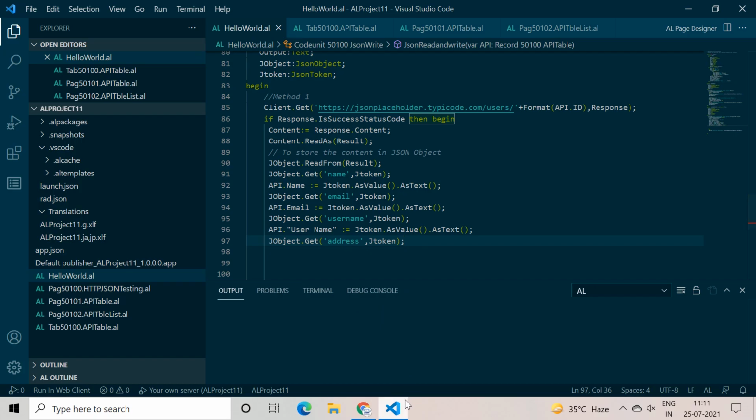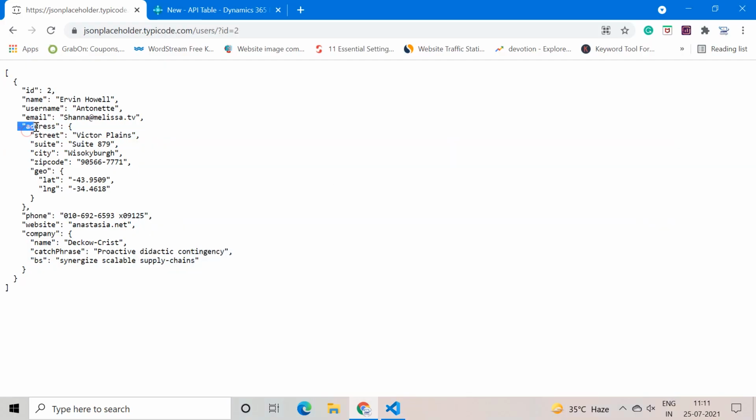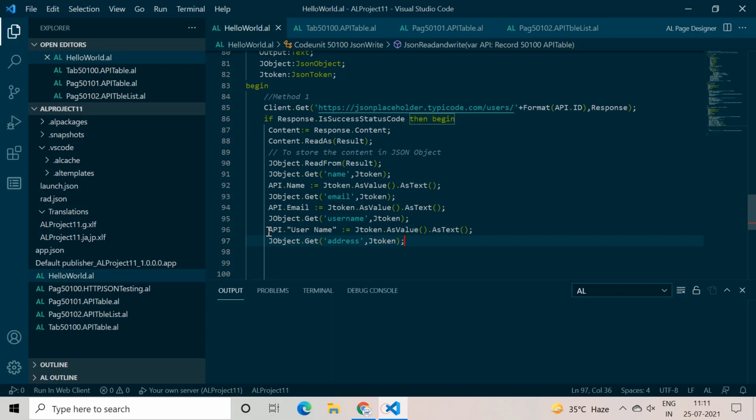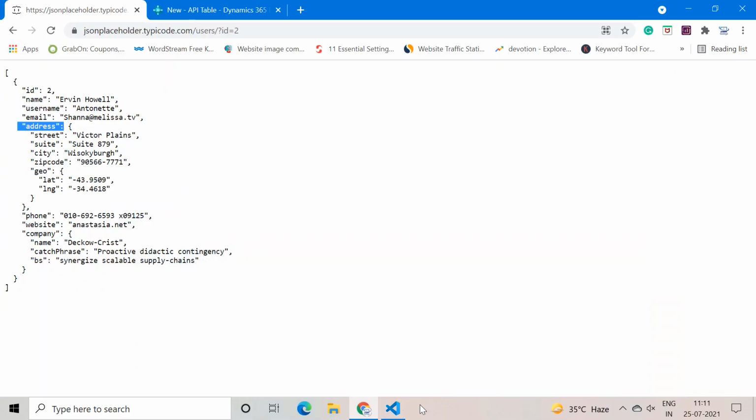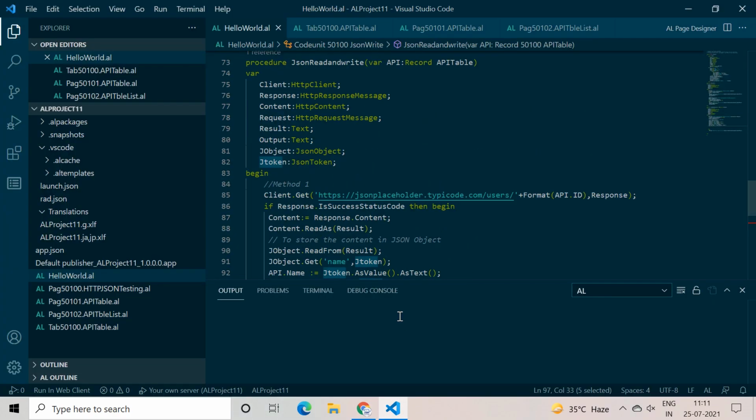This can be easily found by using this code. When we write this kind of code, whatever result is available under the address is all passed to the JSON token. Sorry, it's a JSON token object.